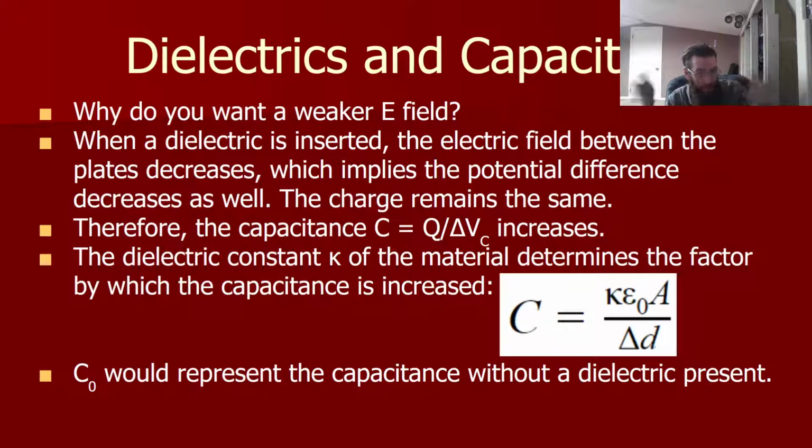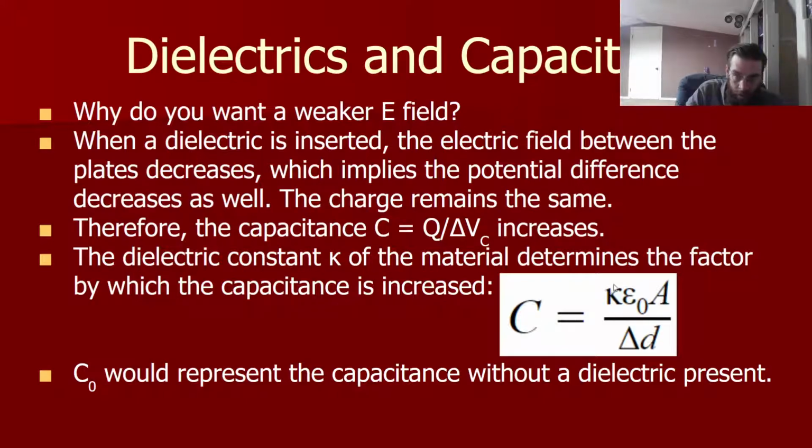Your battery or whatever you have hooked up to it remains the same when you stick a dielectric in there. But because you have that dielectric in there, there's a weaker field, so you can actually grab more charge. So that will increase our capacitance. And so the way we calculate that physically is we have our capacitance formula, which is epsilon naught A over